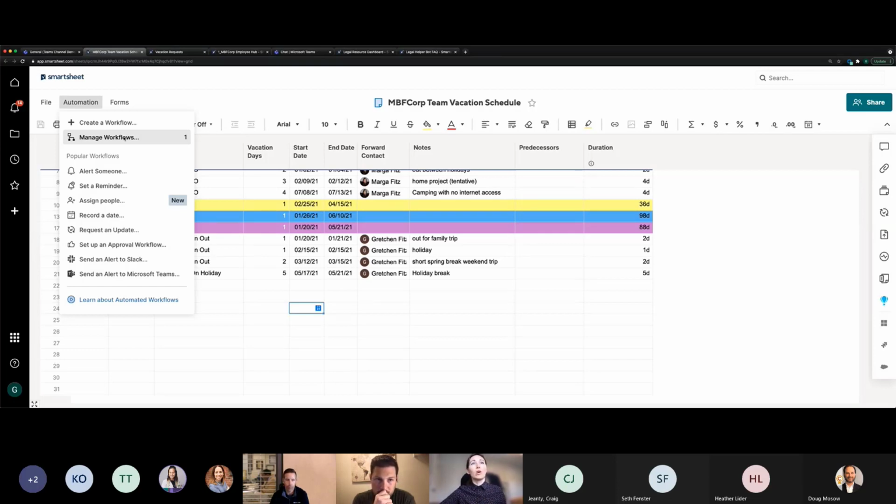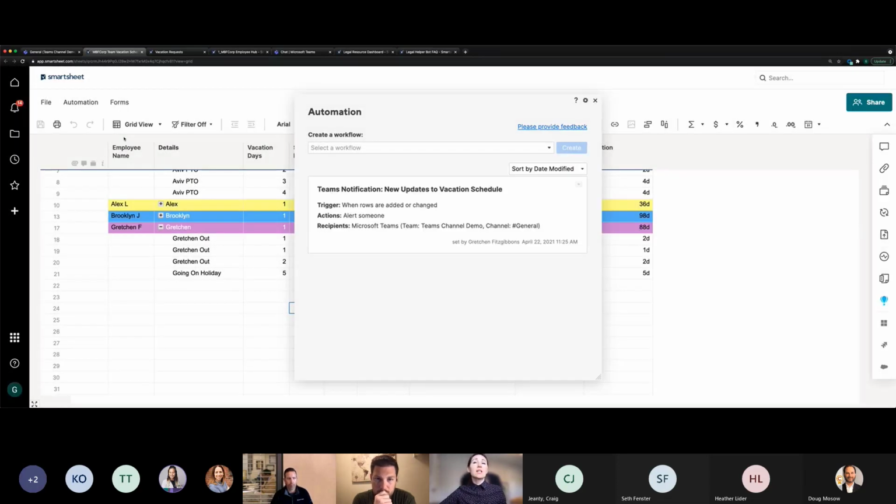So for example, I have one workflow set up here that anytime I have new updates related to vacation schedules in this case, I want them to automatically alert anyone who's part of the Microsoft Teams general channel. And then I can specify what those specific triggers can be. They can be very general. We have some customers that even have it down to if there's a major issue, it can go to a very specific subset channel so that you're getting people as soon as something is happening,